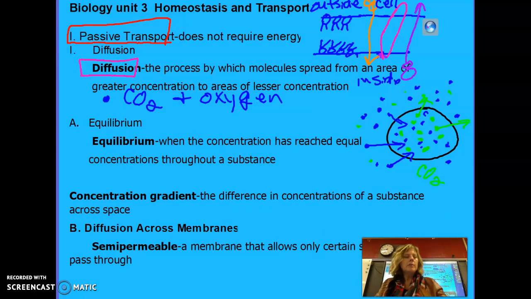All right. So when things move through the cell membrane, some processes use energy and some processes do not use energy. So we're going to talk first of all about something called passive transport. Passive means that it doesn't require energy. So think in terms of people that you know. If we say someone's passive, what things come to mind about their personality? I would say they don't really get fired up about things. They kind of go with the flow,